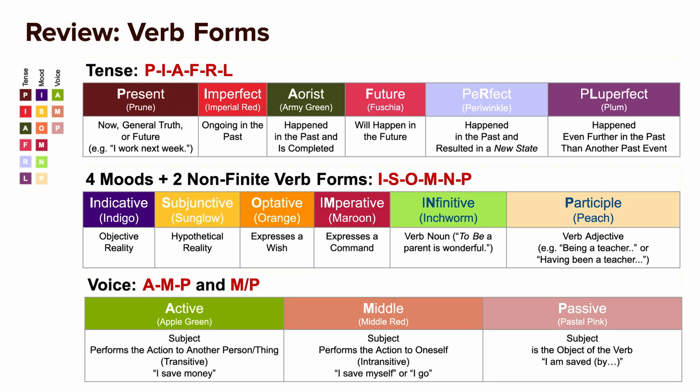So before we review our specific verb forms, let's look at all of the forms so we can get an overhead perspective and then zero in on the parts that we'll talk about. Today we'll be talking about participles, which are over here. We're also going to be talking about the present tense, a little bit about the aorist tense, especially when it comes to infinitives. We'll talk about present and aorist.